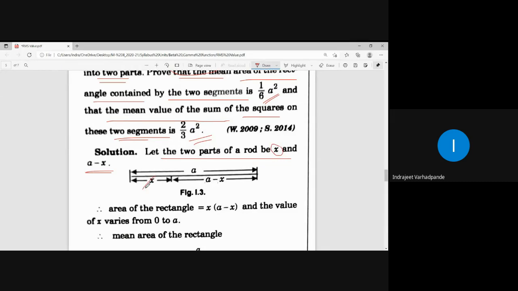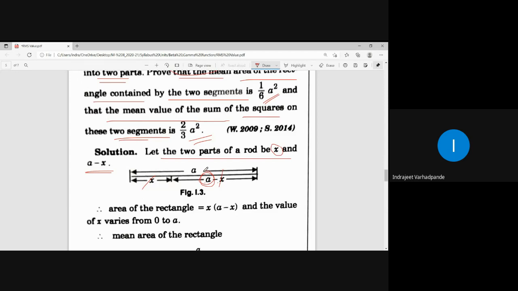So if you calculate the whole, x is getting cancelled. What is the length of the complete rod? It is coming out as a. So whenever I have to split a number into two parts, let one of the numbers be x, and the other number will be the number minus x, right? Suppose I have to divide 5 into two parts. It can be 1 plus 4, it can be 3 plus 2, it can be 2.5 plus 2.5. But imposing a certain condition, I consider that one of the numbers will be x and obviously the other number will be 5 minus x.